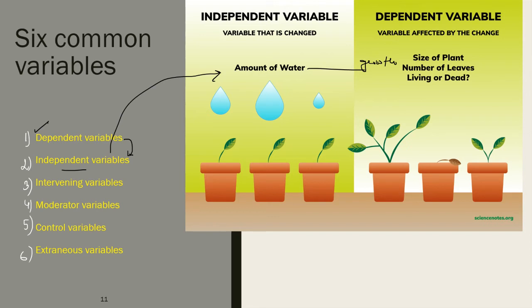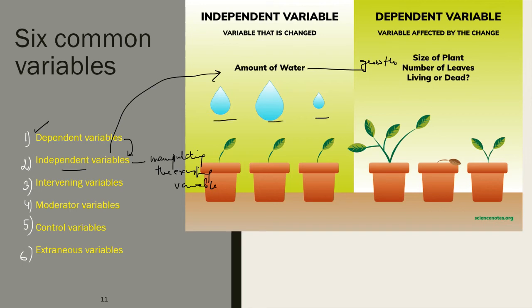Okay. Now, this control may be in the form of manipulating the existing variable or introducing a new variable. For example, the amount of water given: less, more, excess, or no water. So whatever the case may be, the researcher expects that the independent variable will have some effect on the dependent variable.